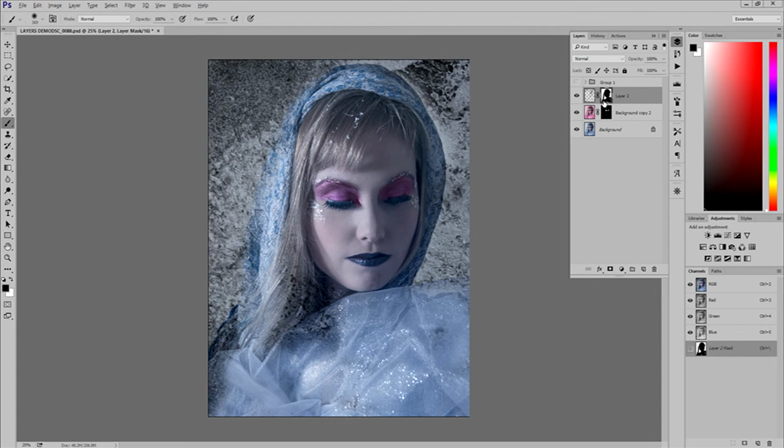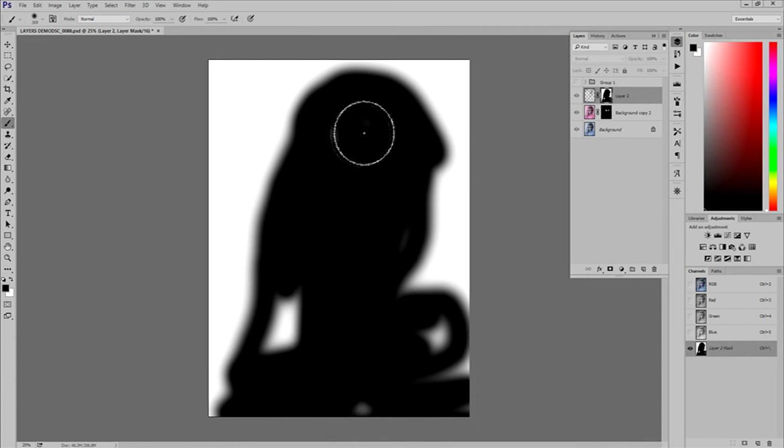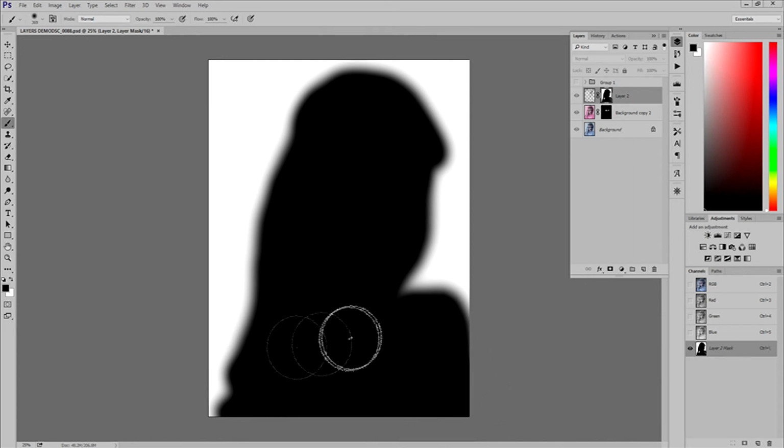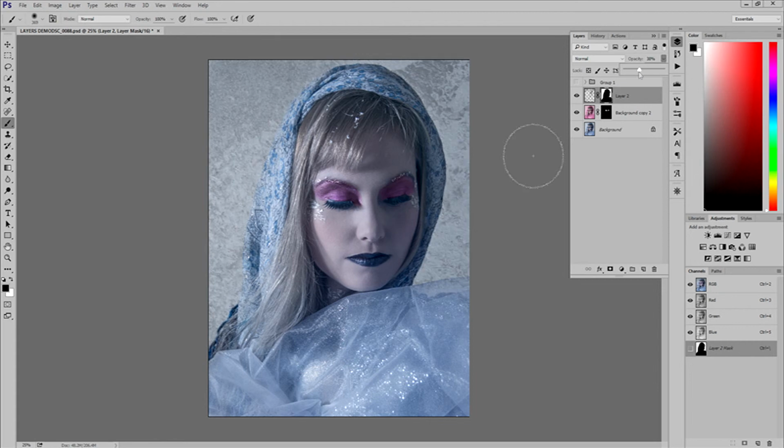If I hold Alt and click on the layer mask, I can see there are spaces in the middle that I missed, and I can just go over it like this. And now I'm back again. Got a little bit of edge too far. But anyway, as you can see, I'm going to just keep at it till I get it where I like. And I can lower the opacity too. And basically now I have kind of like the original image